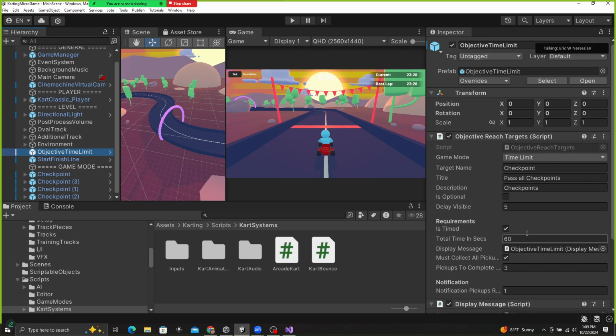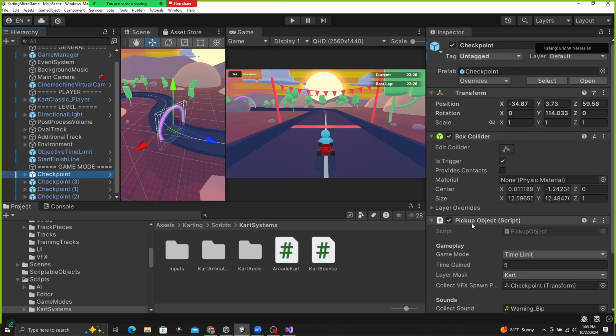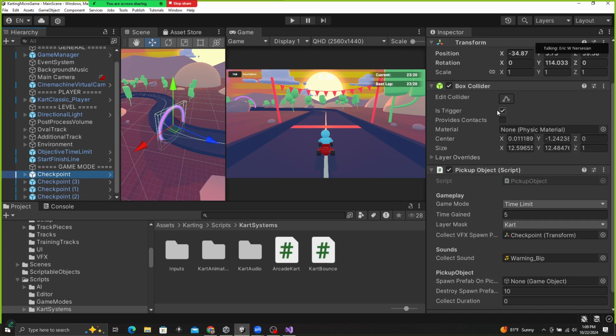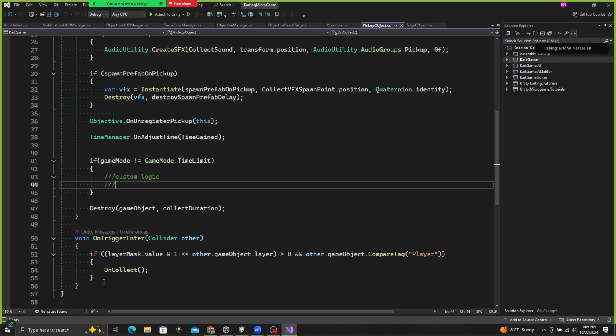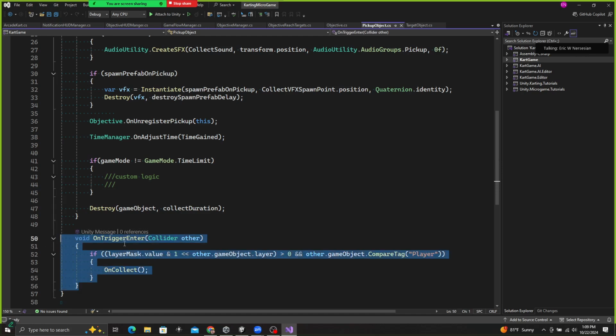Then we have this mid level manager who's in charge of collecting all these pickups. And here's the lowest level, these pickup objects that have a collider, and ultimately they have this on trigger method, and this is where, boom, the player touches it and that fires off that something